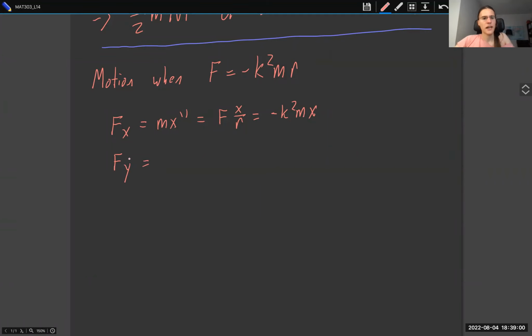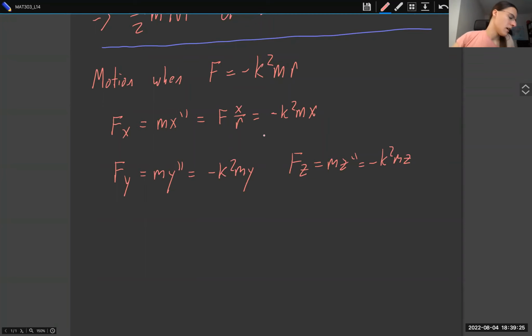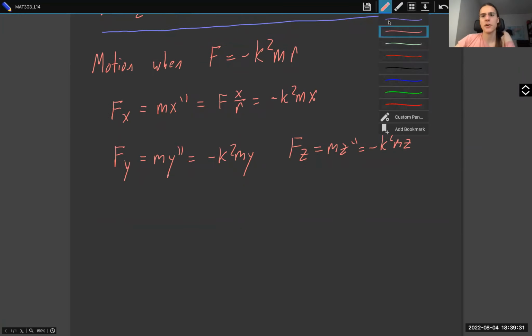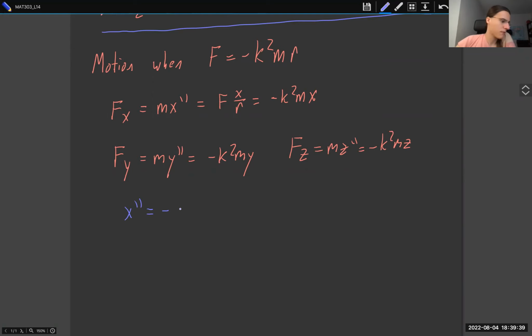Or rather, let's write m y prime prime. So what we can do now is that we get basically equations that are entirely decoupled. So we get x prime prime is equal to negative